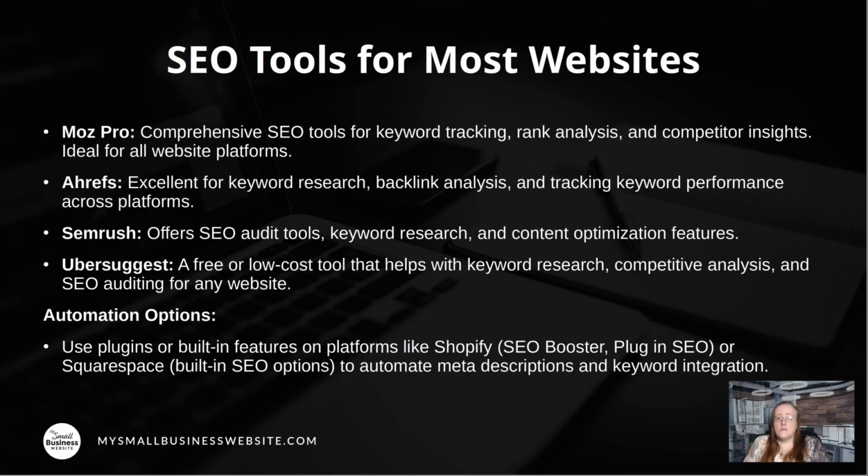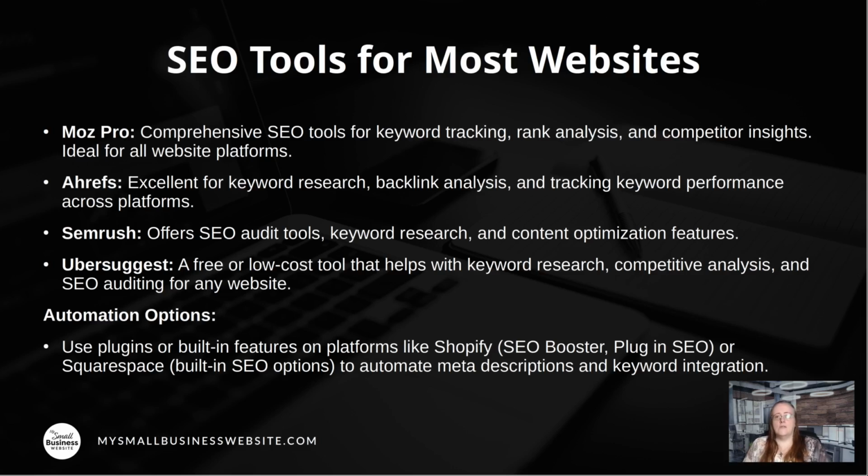Now, if you're not using WordPress, or you just are looking for some other options, there are a lot to choose from. There is Moz Pro, and it has SEO tools for keyword tracking and rank analysis, so you can see how you're ranking in the search engine for different keywords, and you can see how your site authority and different things like that. You can see competitor insights, and